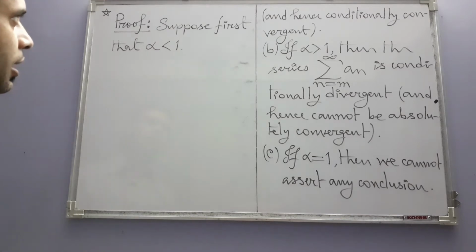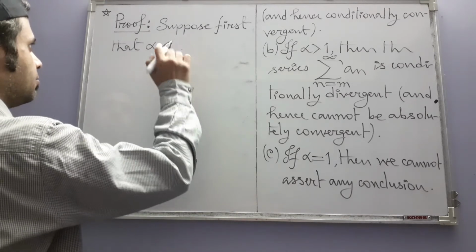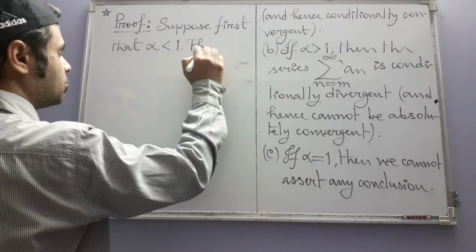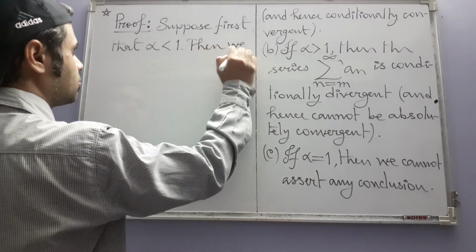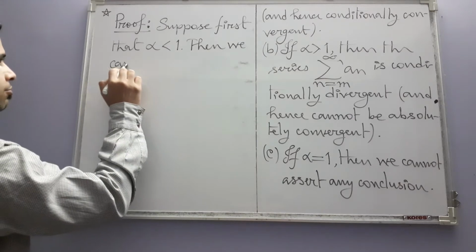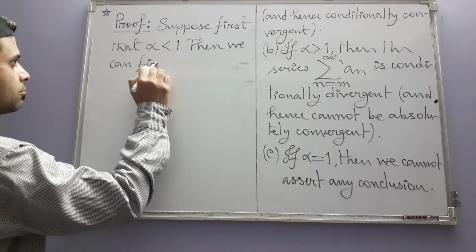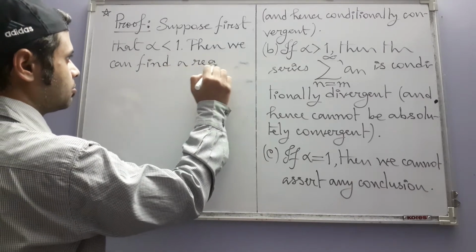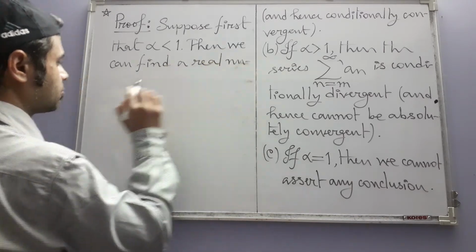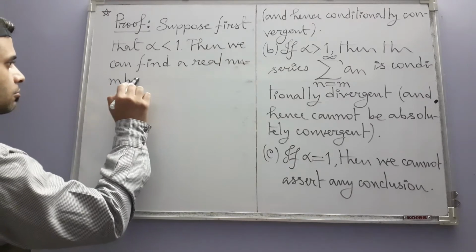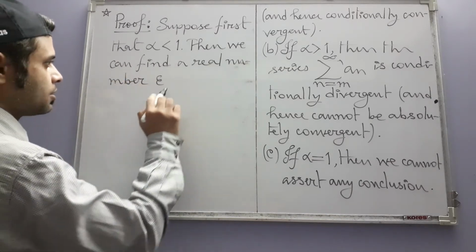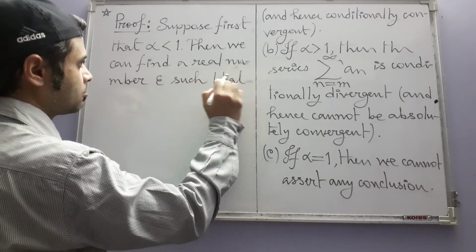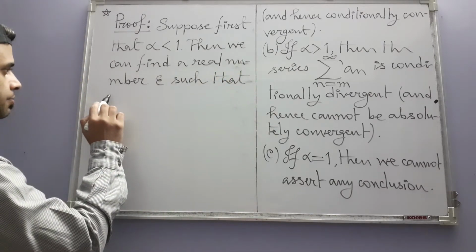So that means we are in part A. Then we can find a real number epsilon such that